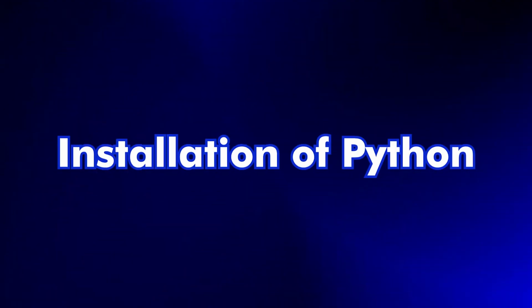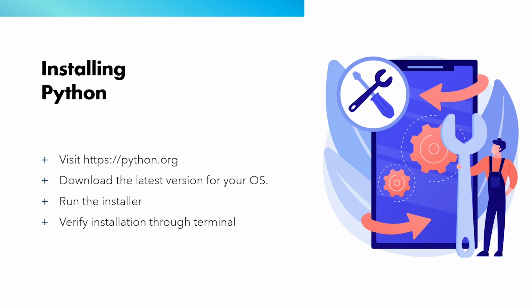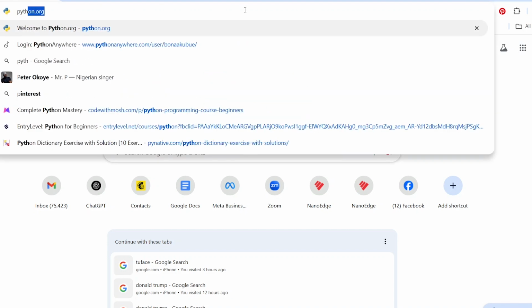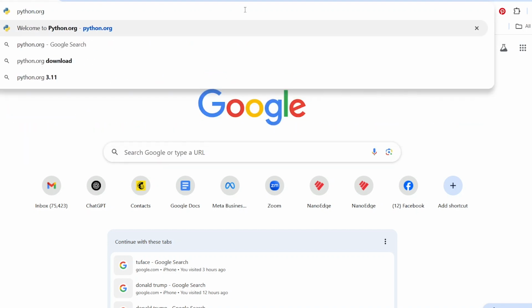So now we're going to learn how to install Python, and to do this we're going to go to python.org. So I'm going to launch my browser and visit python.org. So now I'm going to visit the Python official website, which is python.org.